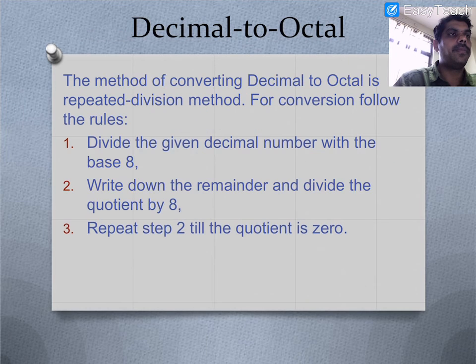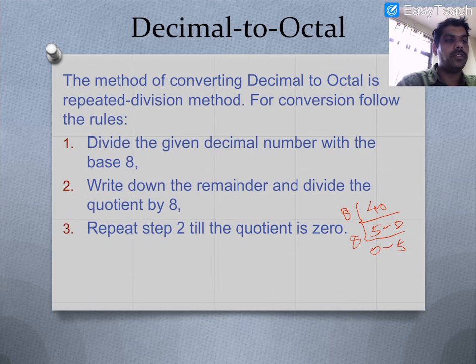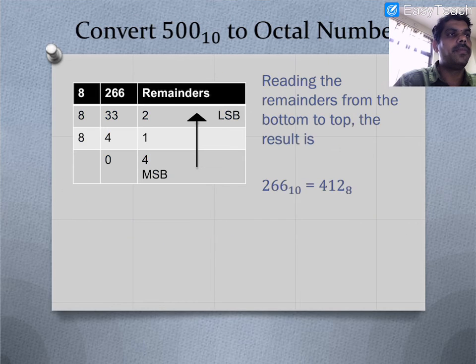And next, decimal to octal. So how to convert a decimal number into octal? Suppose the decimal number is 40. How can we convert? Just divide it by 8. Instead of 2, here we are going to divide by 8. 8 fives are 40, 8 zeros are 5, remainder 0. So 50 is the representation in octal. Like this we need to convert decimal to octal, similar to binary.